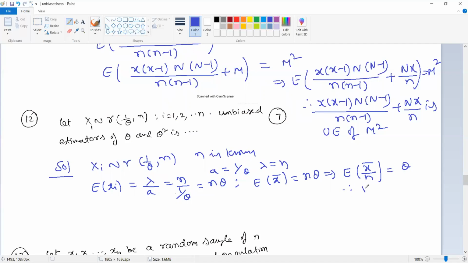Therefore, x bar by n is an unbiased estimator of parameter theta. Now here we have to give the unbiased estimator of theta square also. In this process here,